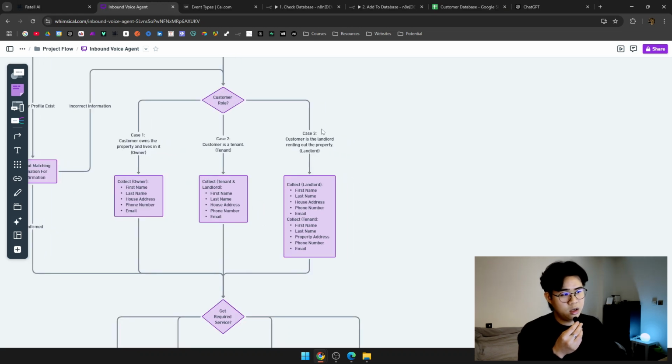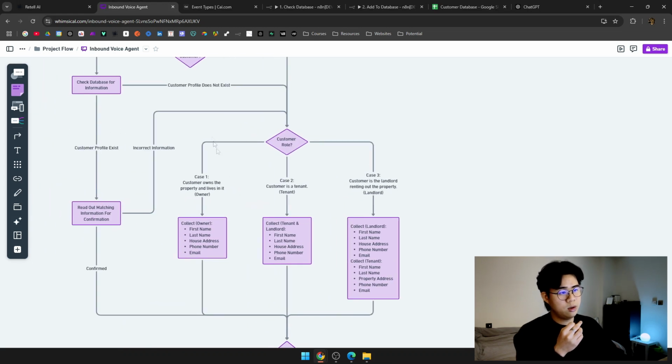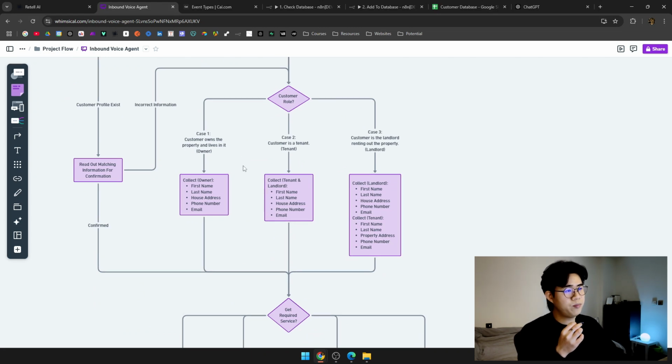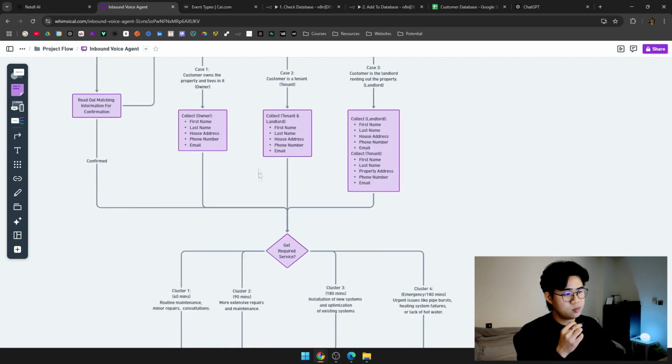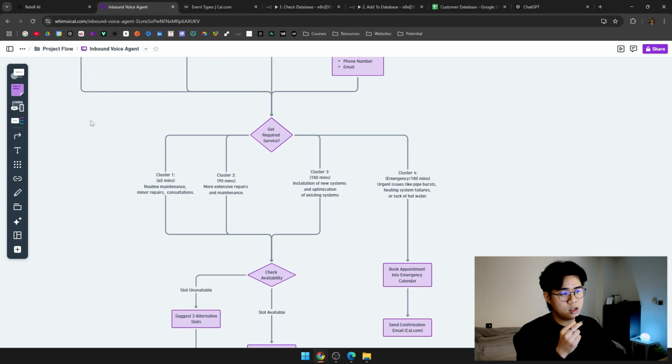And likewise, in case number 3, if the customer is the landlord, it should collect the information of the landlord as well as the tenant. Right, so this is a very realistic case where companies would have to collect different information based on the role of the customer. And then later on, when we go down here, this is where it gets the services